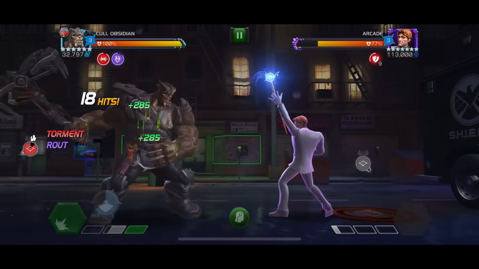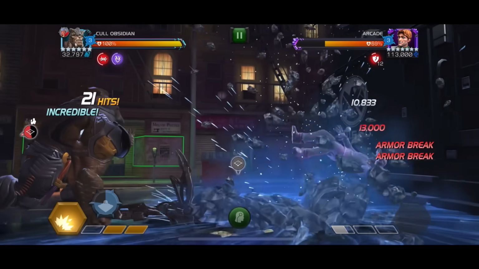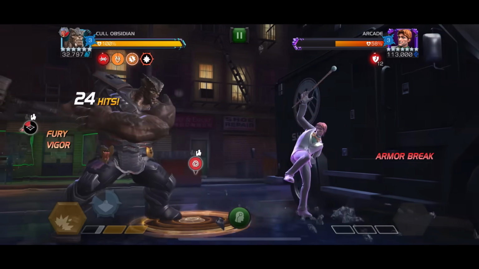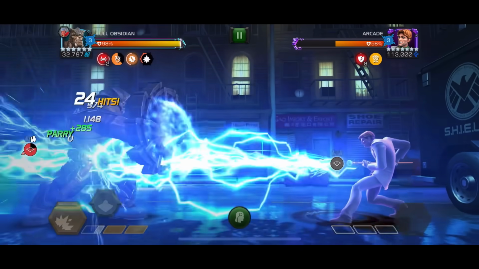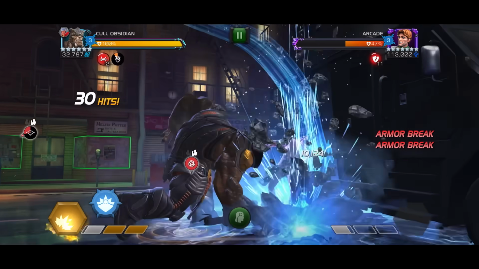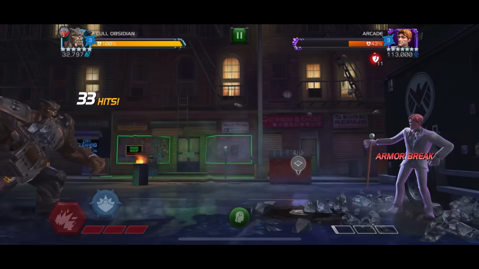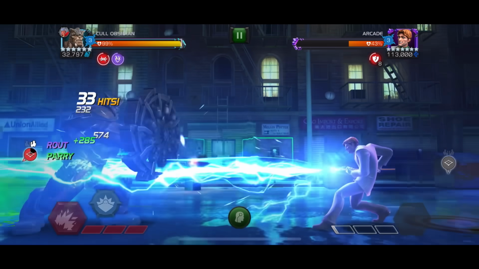But with tune-ups, they don't really buff the base stats too often, unfortunately. I think the only one that got one was Punisher 2099. I could be wrong though, I'm pretty sure he got one, but yeah, it's just not a very common occurrence. But in this fight we get to heavy attack very frequently, so the armor breaks are just absolutely stacking. And since CULL Obsidian is a heavy attack friendly champion, that's all he does basically, it makes countering